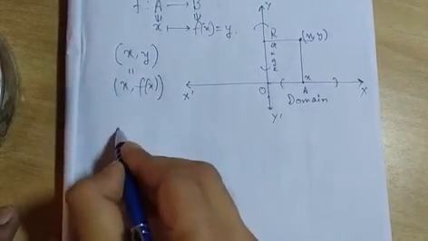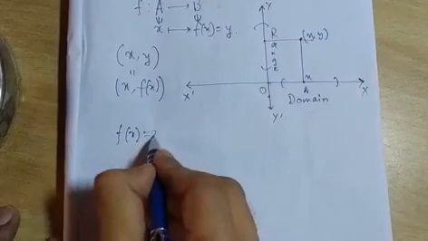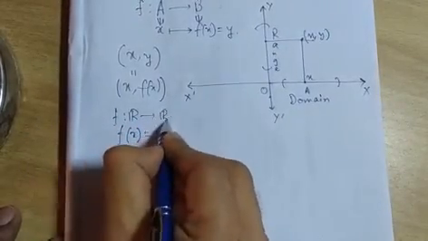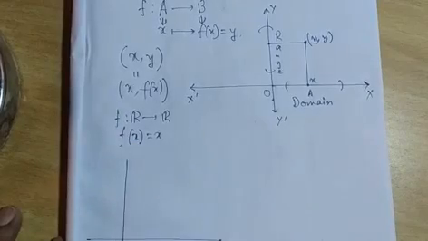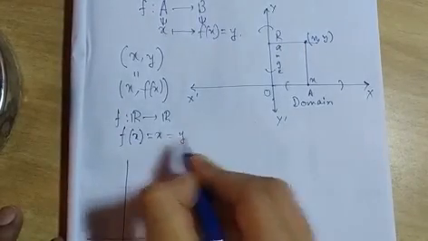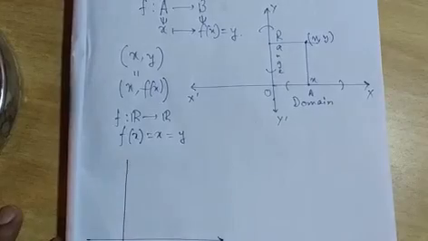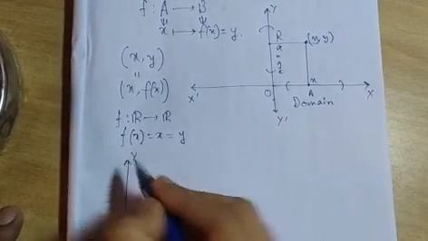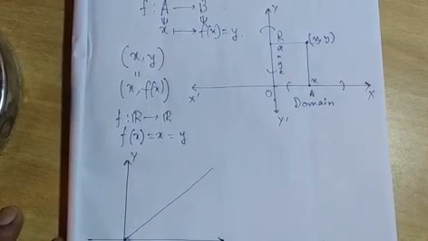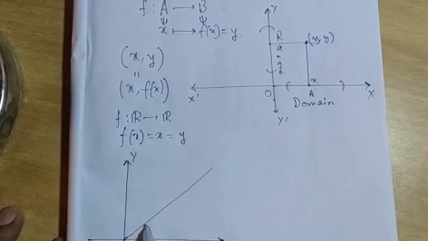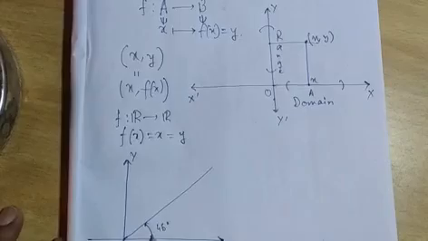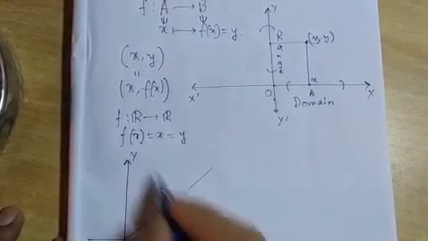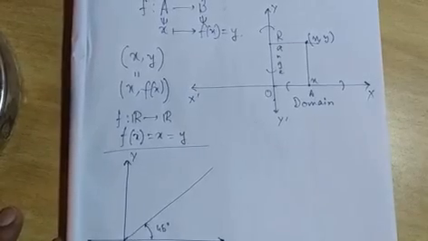As we know, for f(x) = x, this is the identity function that is defined from R to R. How does the curve look? We will take x as f(x) as y. So basically x = y. That means it will be the line passing through the origin and making a 45-degree angle with the positive direction of the x-axis. So this is the graph of the function f(x) = x.